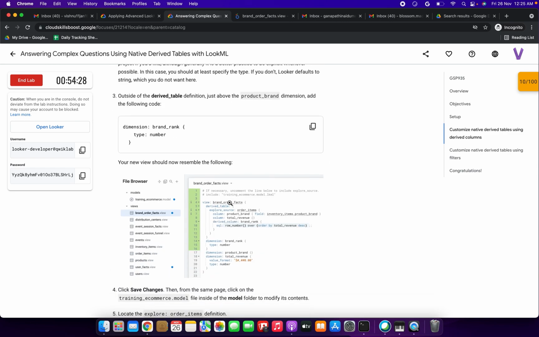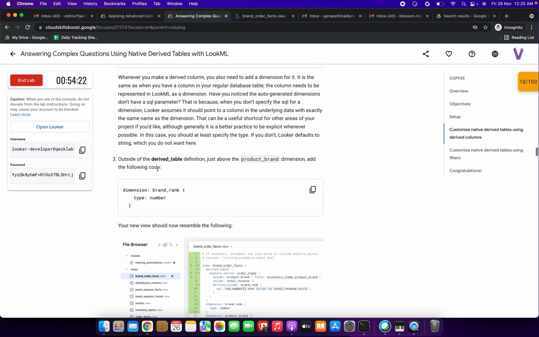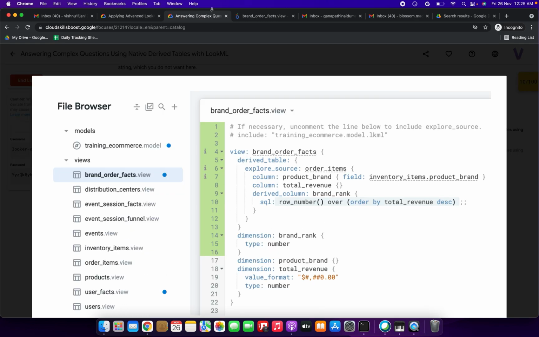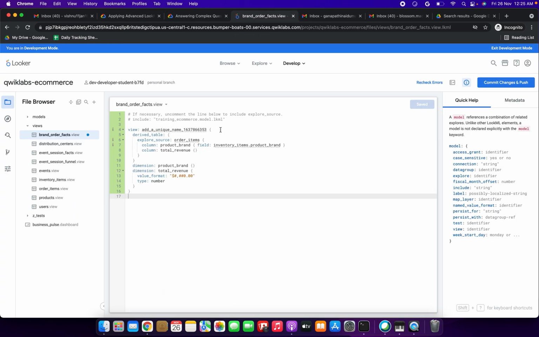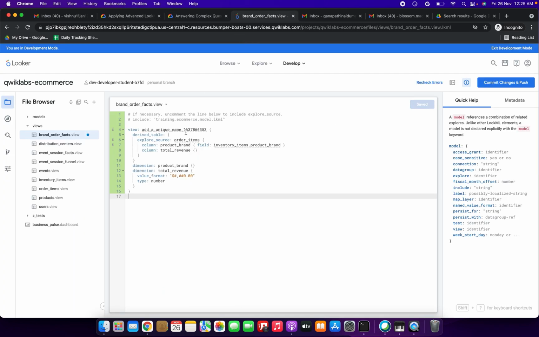I'm scrolling down, I'm checking the screenshot I'm seeing. Then we need to copy the dimension brand rank derived column. I'm directly copying that, and I am going to insert it after the derived column brand rank. So here after the total revenue we need to update it, right? I think line number 9 it will come. So line number 9 we need to update the derived column brand rank SQL row number, like that it will